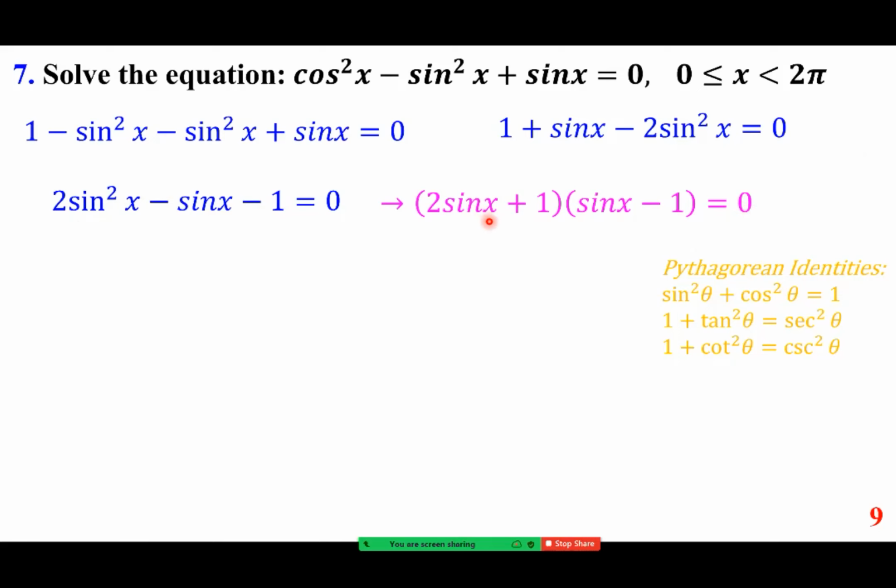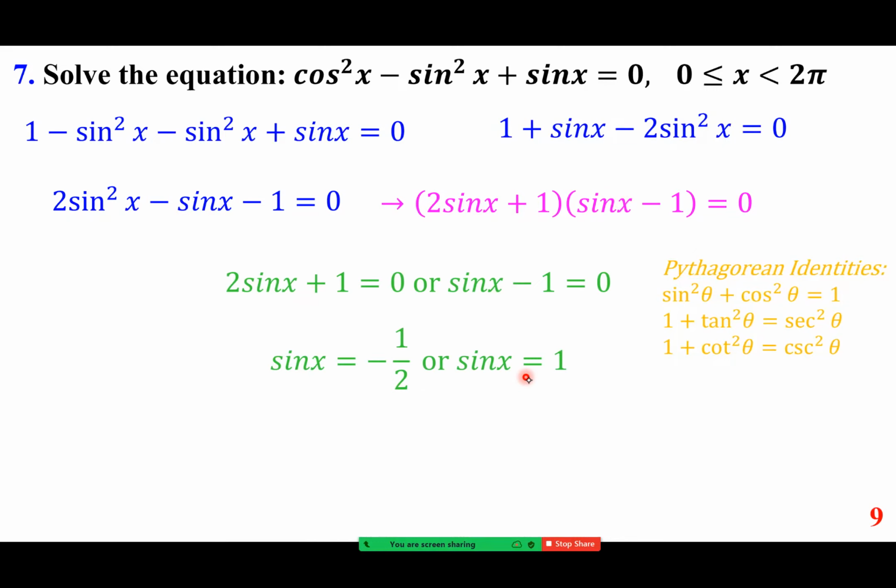Either this one is 0 or this one is 0. If this one is 0, sine x is negative 1/2. If this one is 0, it's positive 1. Remember, if sine x is 1/2, I want to make sure we understand how we arrive at it. If sine x was 1/2, it would give rise to the reference arc of pi over 6 or 30 degrees,